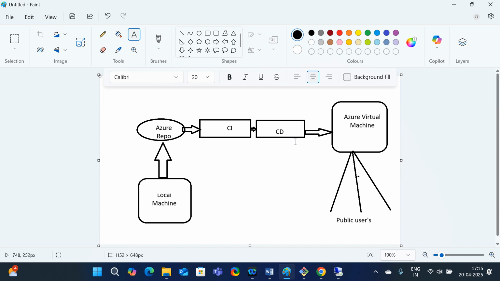Once the release pipeline has succeeded, what will happen? Public users, with the help of the public IP, can access my web application wherever they are around the globe. Wherever I live, with the help of the IP, you can access my application. So in this way,